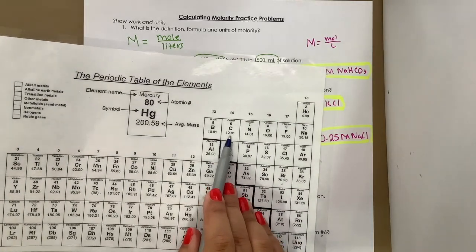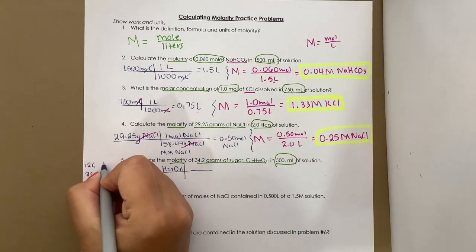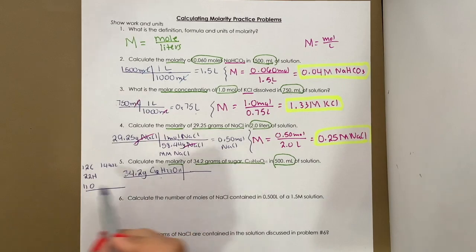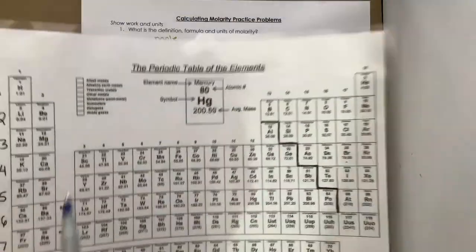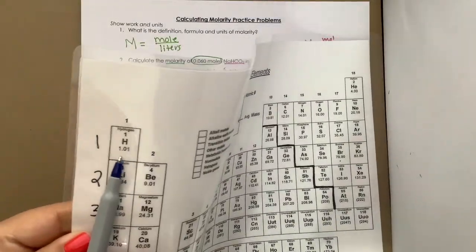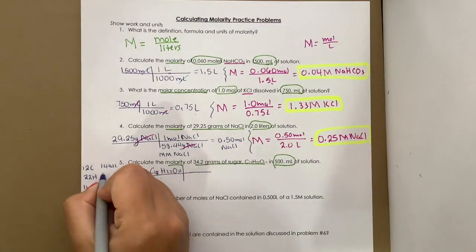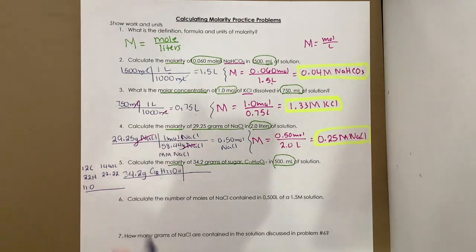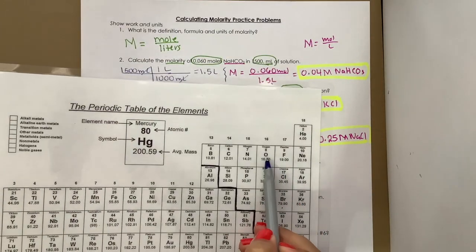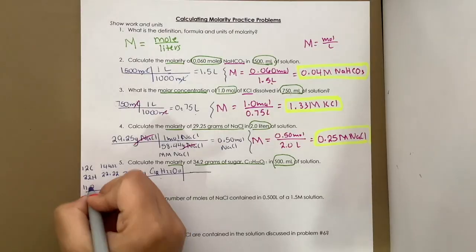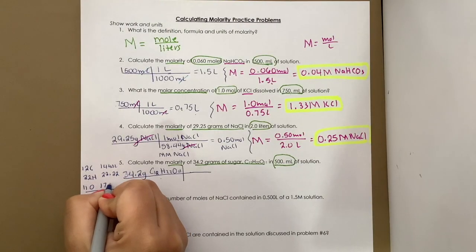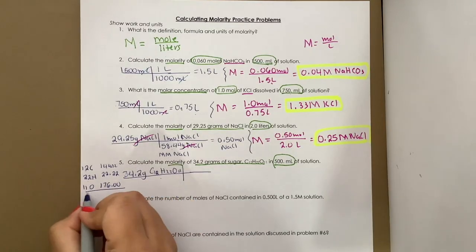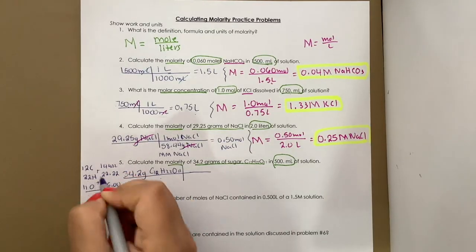So 12.01 times 12 equals 144.12. Then I have 22 hydrogens. So 22 hydrogens times the mass of 1 hydrogen, 1.01, is 22.22. Then I have 11 oxygens. So 11 times 16 is 176.00. I add all of my masses and I get